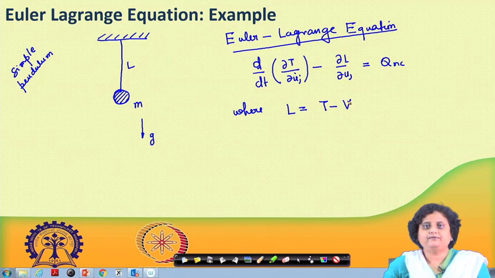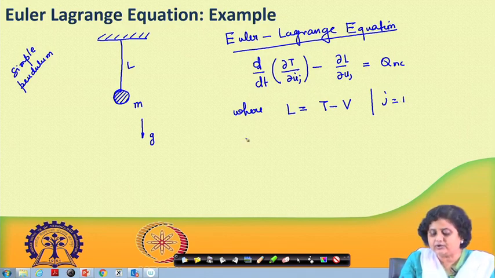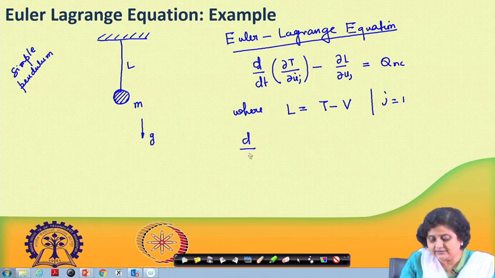Since this is a single degree of freedom system, J is equal to 1, so there will be only one equation of motion. So, this equation, for this particular case, can be written as